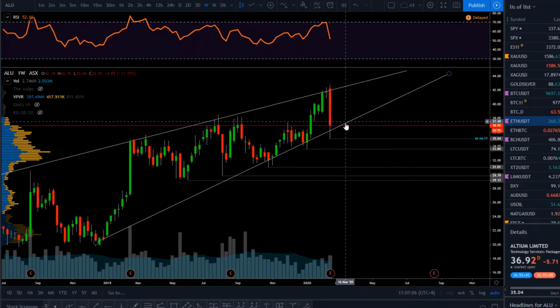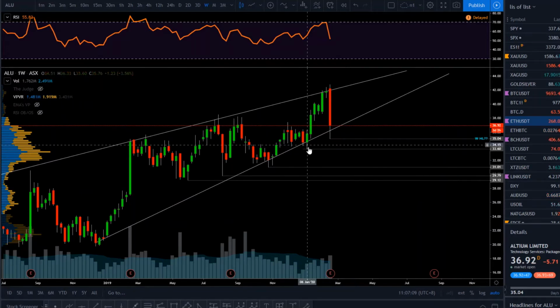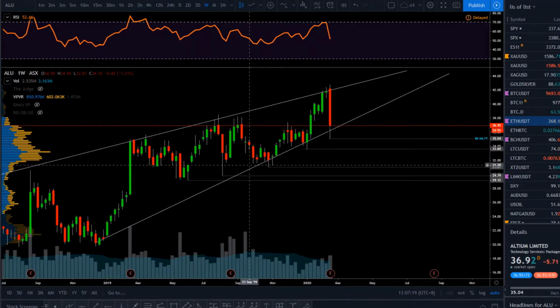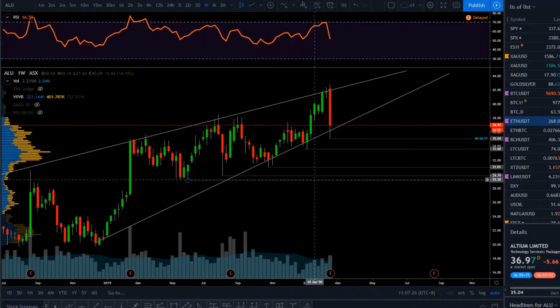the higher lows are technically still intact, as long as you hold 3360, right? But if we're breaking down below this 35, it means we are out of the wedge and we are likely to continue dumping out of the wedge further down, because if you look at the volume as well,